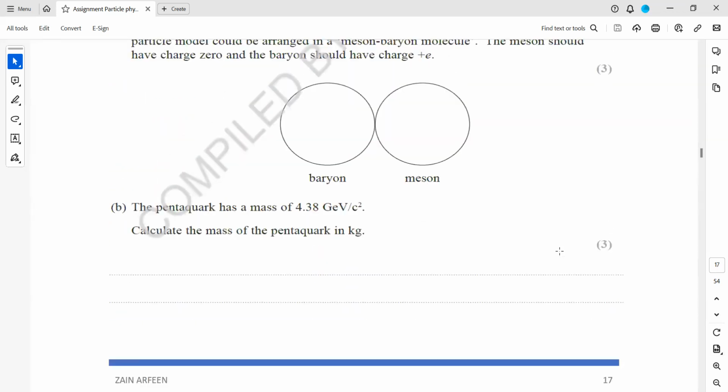The pentaquark has a mass of 4.38 giga electron volt, to be converted into kilogram. So how to convert into kilogram? As I mentioned,